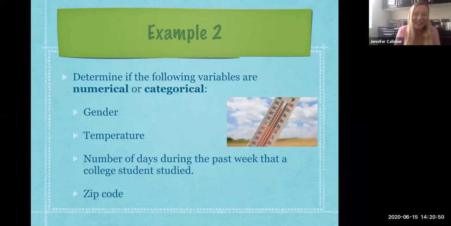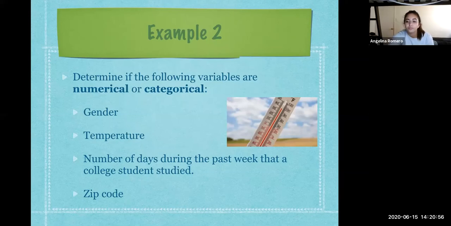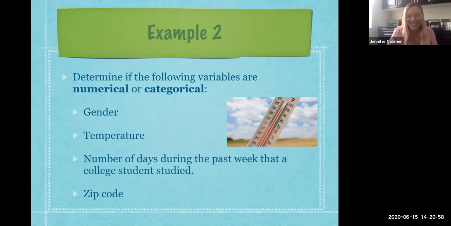Okay, and the last one, Angelina. Zip codes. What do you think, numerical or categorical? Numerical. I threw you a curveball. I apologize that you were the guinea pig with the curveball. With the zip code, whether your zip code's 92708, I can't remember what zip code we have here at Cerritos College, a zip code is a number. But in this case, the number is actually more of a category. Our number is telling us where that particular location is.